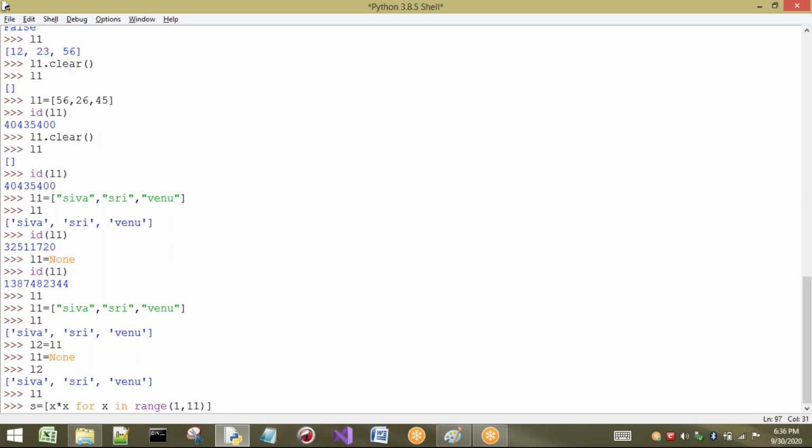This indicates that values 1 to 10 are considered. For every value from 1 to 10, multiplication, that means square, has to be performed.